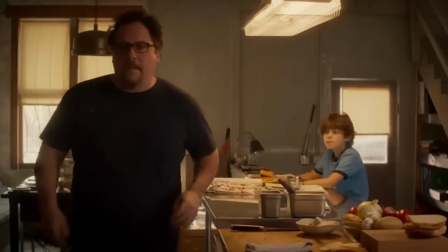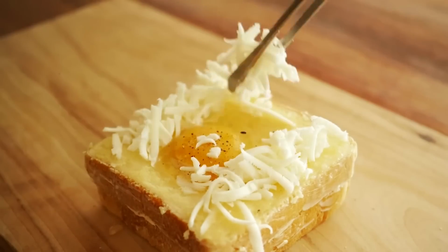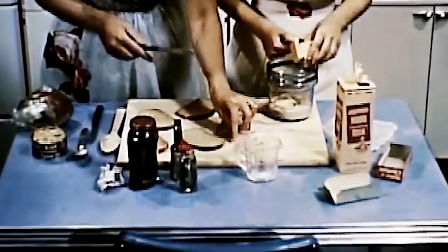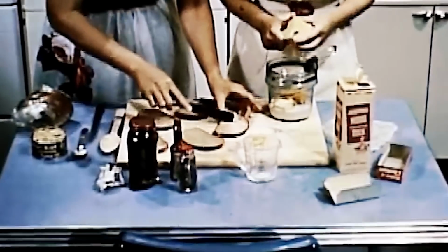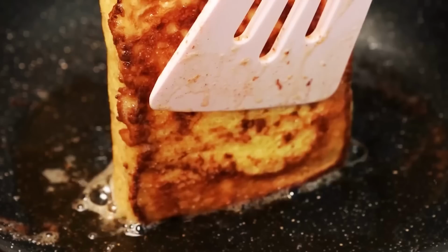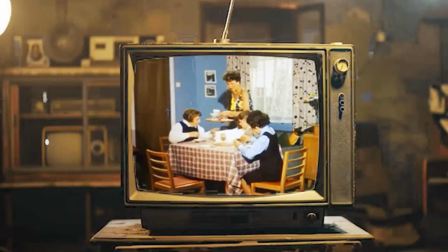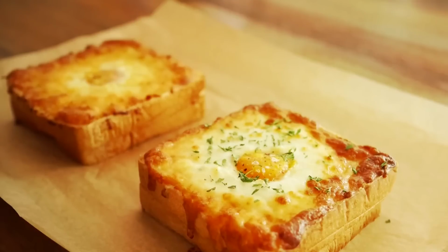Few breakfast options demonstrate how swiftly a straightforward idea can become an enduring classic, quite like Egg-n-dine Toast. Although the precise origin of this nostalgic treat remains debated, many families remember discovering it in mid-century cookbooks, where easy instructions and common ingredients led to universal popularity. By quickly scrambling fresh eggs and layering them over crisp, buttered bread, this dish embodies impressive speed and convenience. Recipes of the 1950s often praised its capacity to fuel energetic mornings, especially when garnished with a dash of paprika